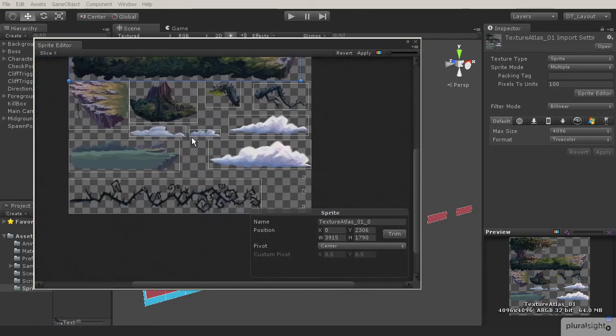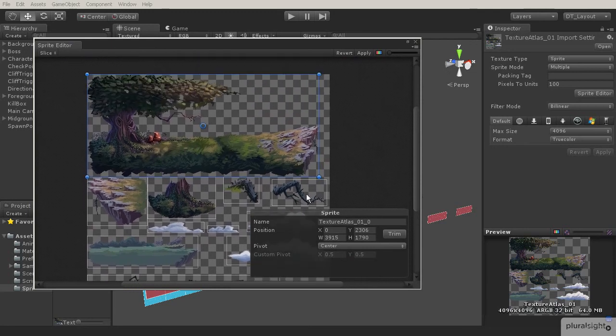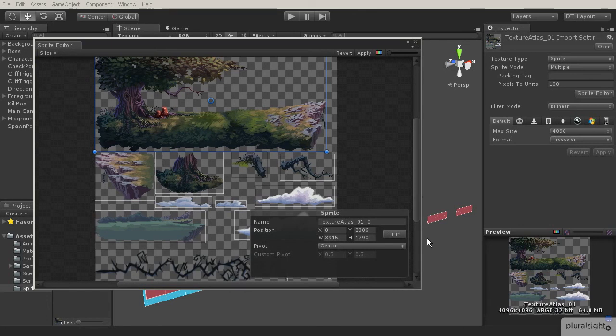All right, so now everything is packed in there really well. We've got all of our boxes all set up. And now what we want to do is we want to go through the process of renaming all of these individual sprites, so that way they don't show up as texture atlas _01_0. That could be really confusing. So in the next lesson, we're going to come through, we're going to